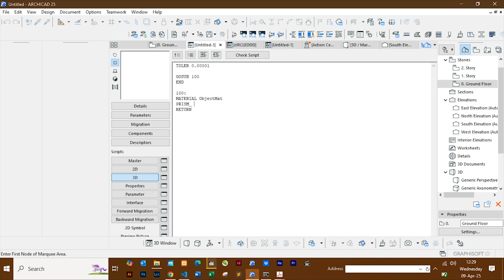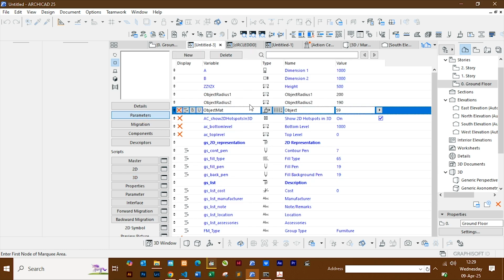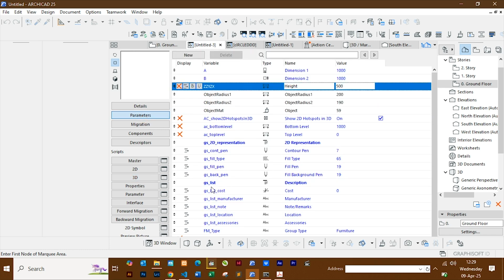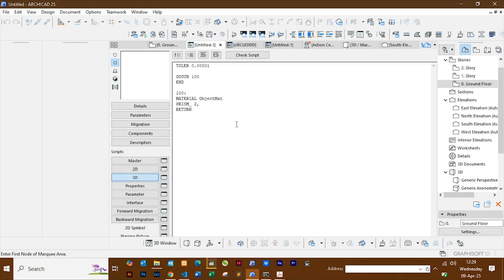Prism underscore, and it has two sides, but you'll see as we progress. And let's check the height. It's ZZ, ZZYZX, and then we create the object. We create the object by defining